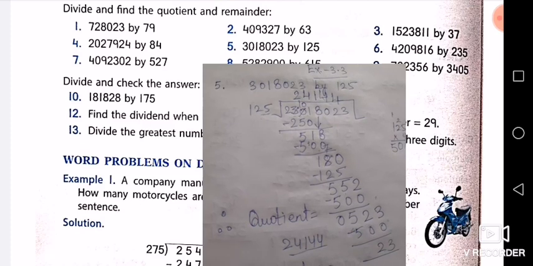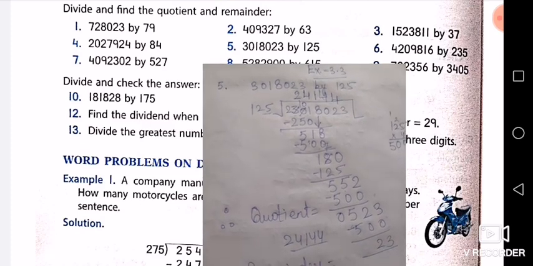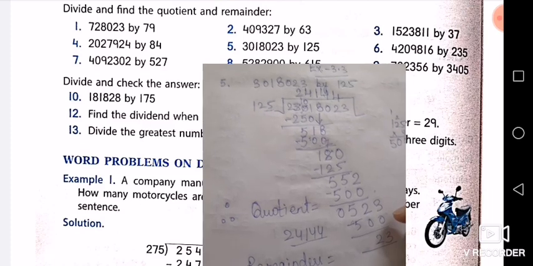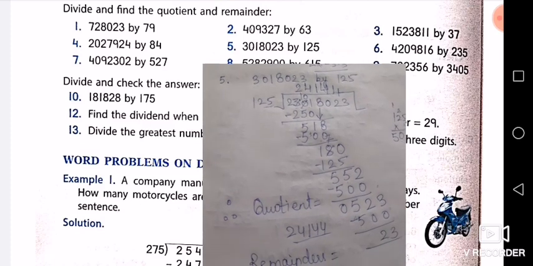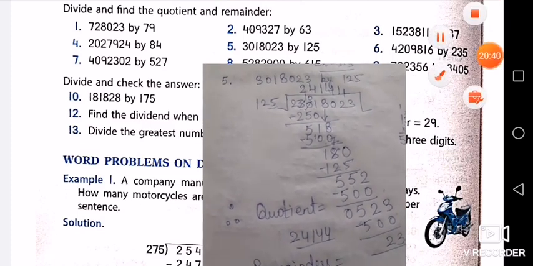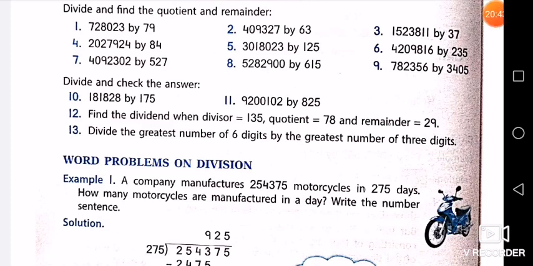So now we'll do question number 7. Question number 6 you all will do as homework, that is 235. Now in this question also you have to take care. We'll discuss question number 6 just now. In question number 6 you can see you have divisor 235, as in the fifth question we have 125. When we are rounding off to the nearest, we have to take care that 25 is also there. Whatever we are rounding off, along with that, whichever number is there, that number also we are going to see.